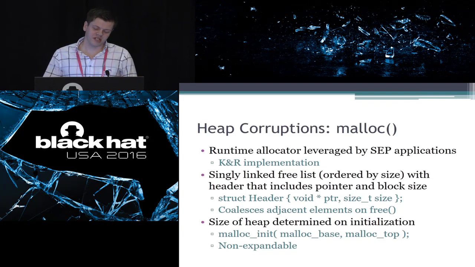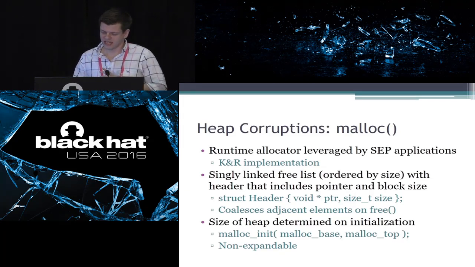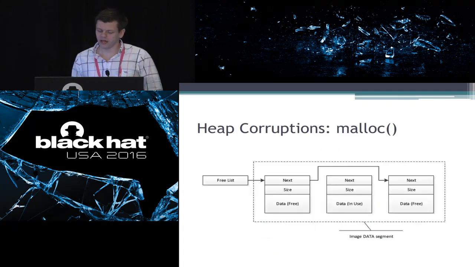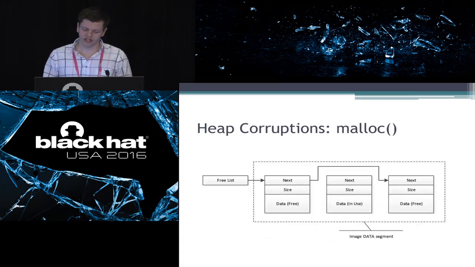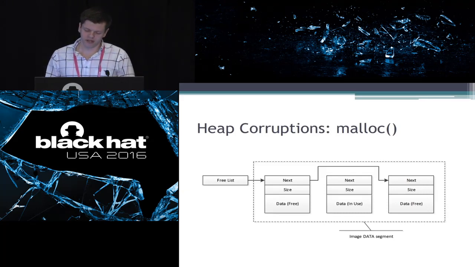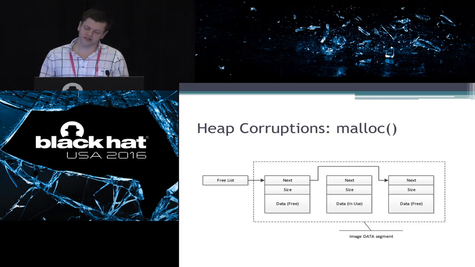The size of the heap is actually determined when you start up the application. So it calls this malloc init function. This heap is actually non-expandable. So you just give it a parameter describing the size of the heap, and then that's your heap for the entire lifetime of the application. This is just showing you the free list. So it's a very basic allocator where you have used data and free data, and when it's in use, it still has this